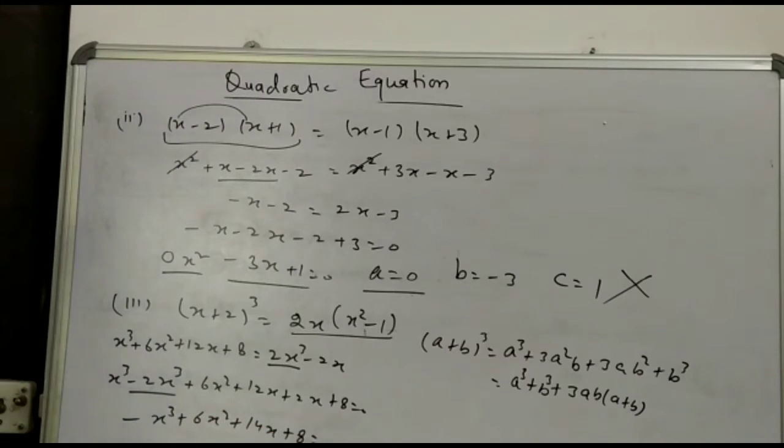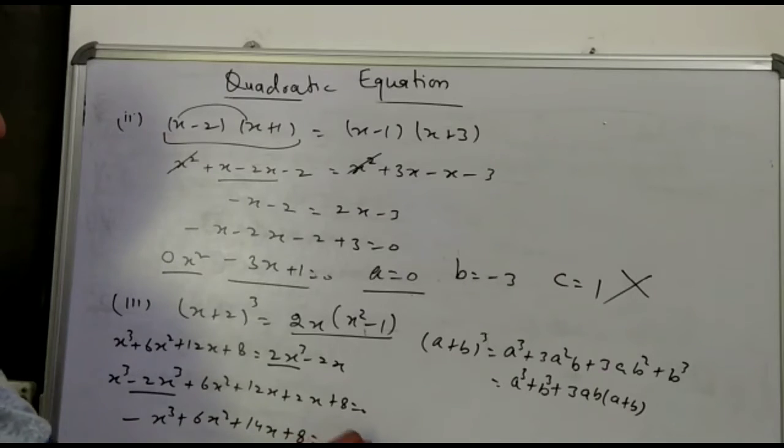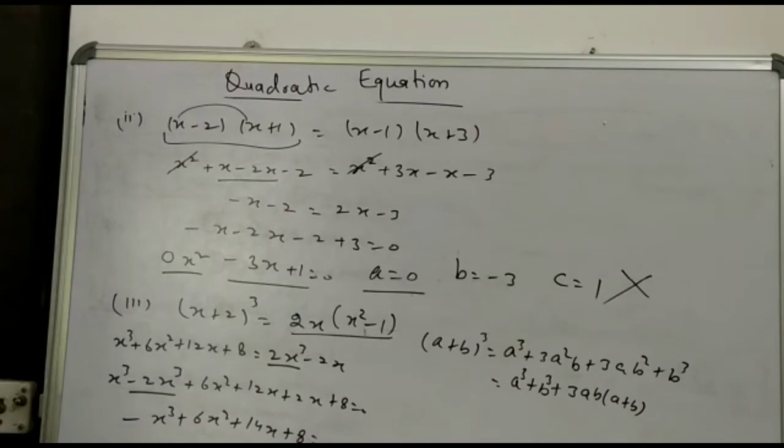Now look at this. You have read it last year. If I hide this part, this is a quadratic. This is not a quadratic, it is a cubic polynomial. So we can say that this is not a quadratic equation, because the coefficient here is 6, but the highest power is 3 here. So in this way, we can say that it is not a quadratic. Actually, it is a cubic.